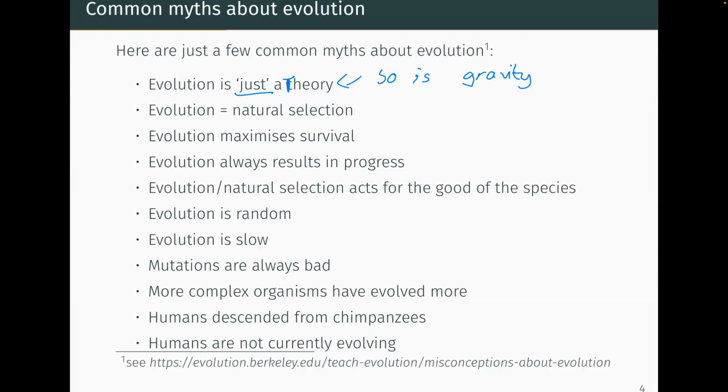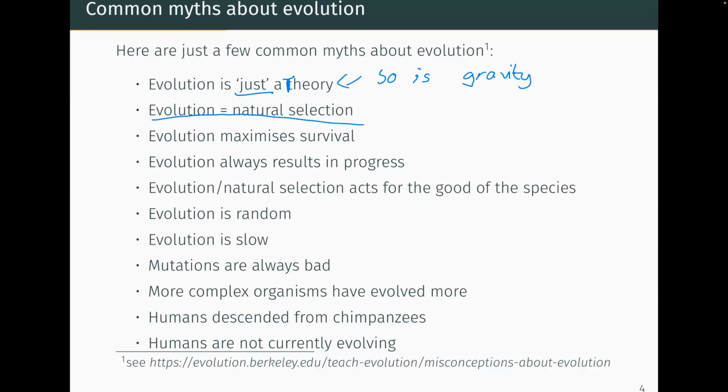We have paleontological evidence from fossils. We have evidence in the lab, we can evolve things like bacteria or microbes in the lab. We have genetics. All of these things come together. We have mathematics as well that underpins all of this. This all comes together to give us a coherent theory about how evolution unfolds and how it shaped the natural world around us.